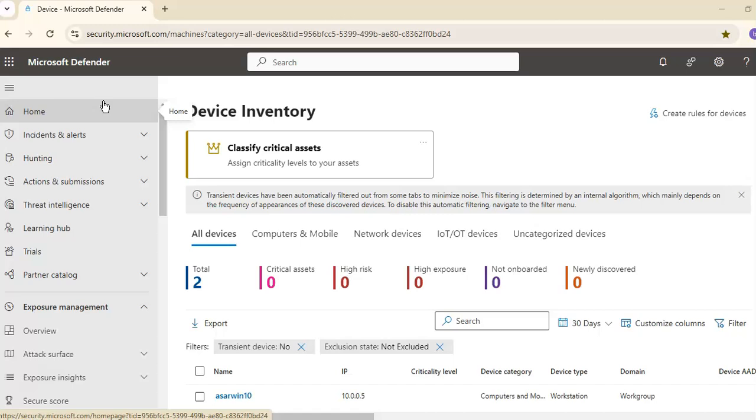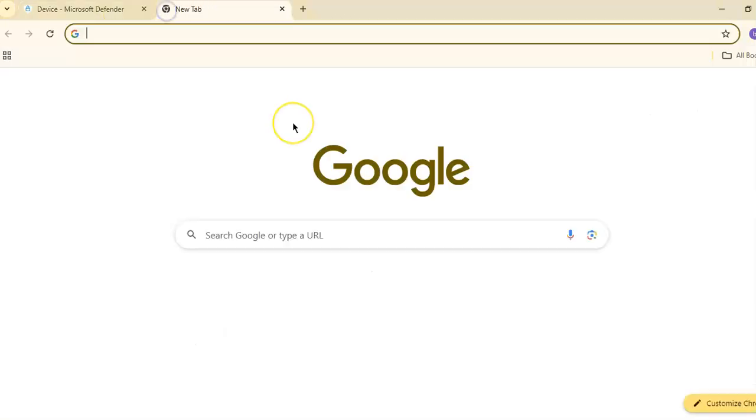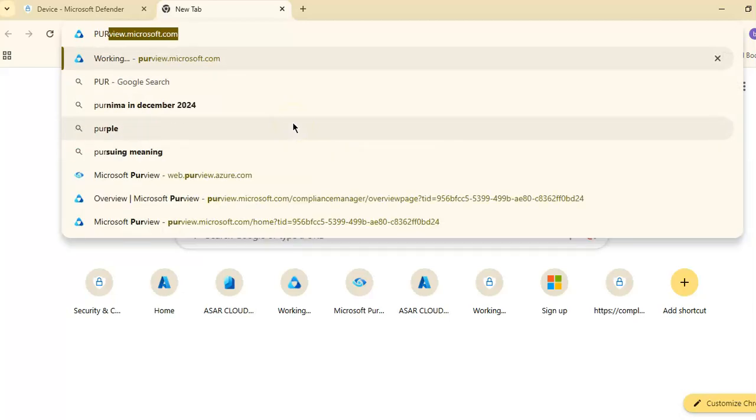Now, Security Copilot is integrated with Microsoft Purview. When you sign up for Security Copilot in the same tenant as Microsoft Purview, you can use both the Security Copilot embedded and standalone experiences. Now, if you would see purview.microsoft.com,